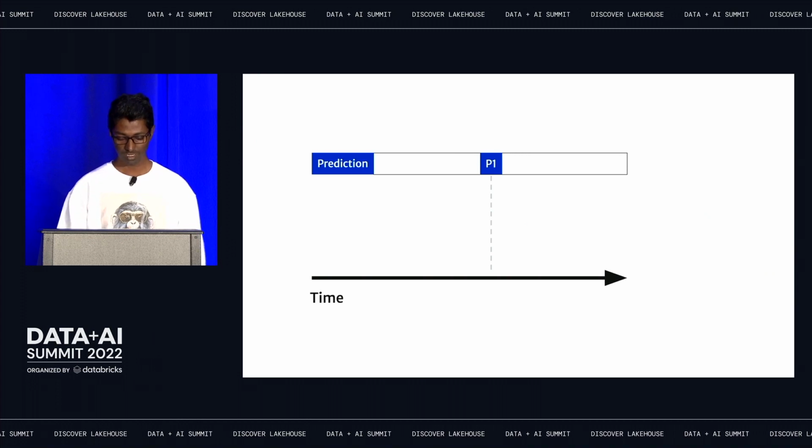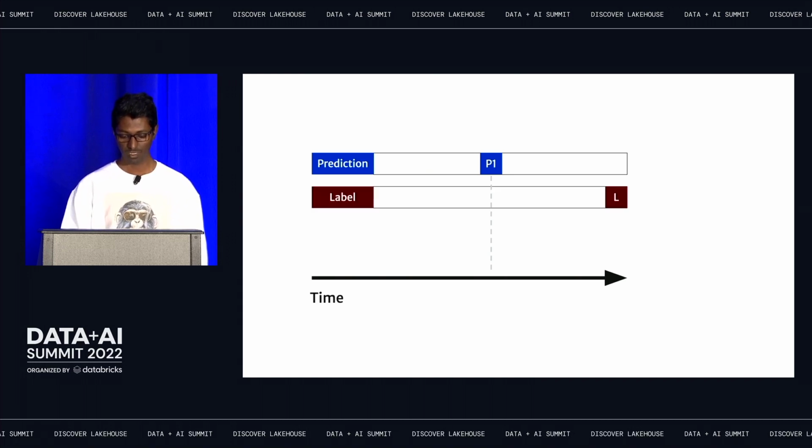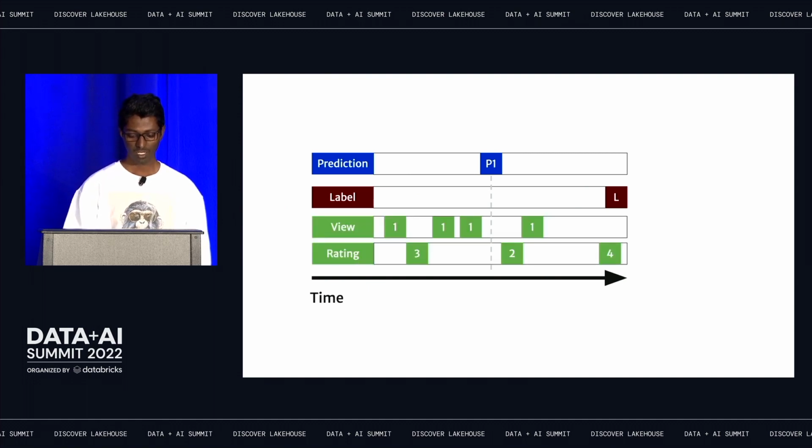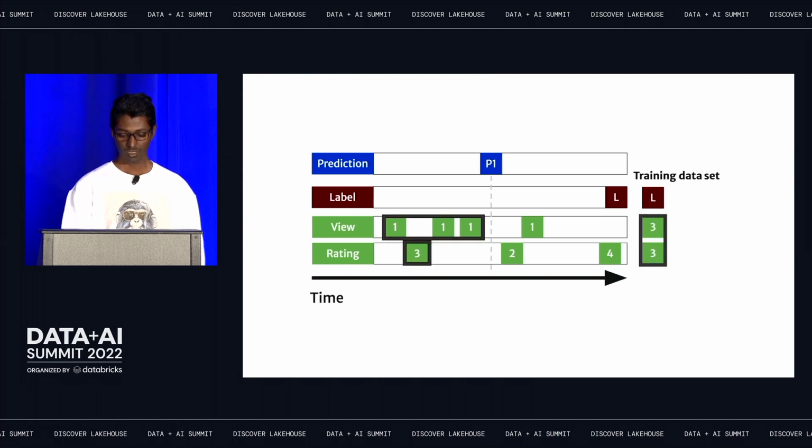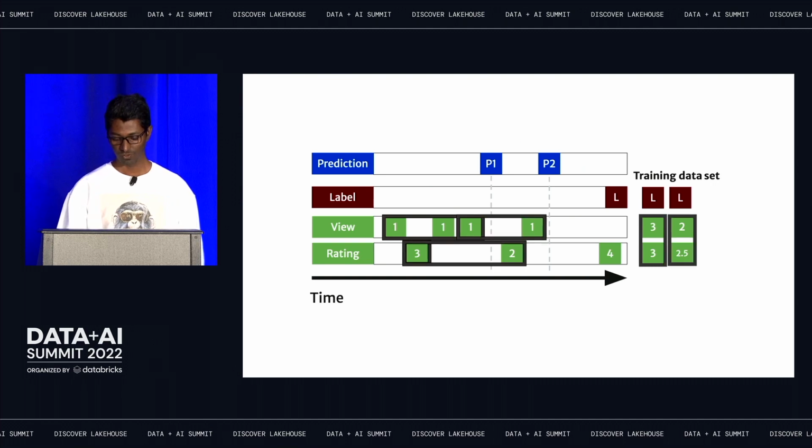So just to visualize some of the moving parts here a little bit, at some point we need a prediction, which is like, should I recommend this item to this user? And at a later point, I know if a purchase has been made based on that view. And I have some data sources. There is a view data source and a rating data source, and I know that at this point in time, the view count for the last 5 hours is 3, and the rating has been 3, right? And at a later point in time, it changes again. The window moves, and then there are new feature values, right? So the right-hand side is the training data set,